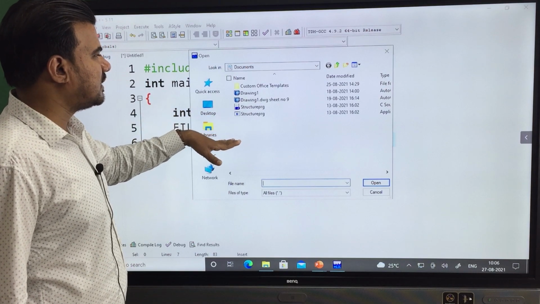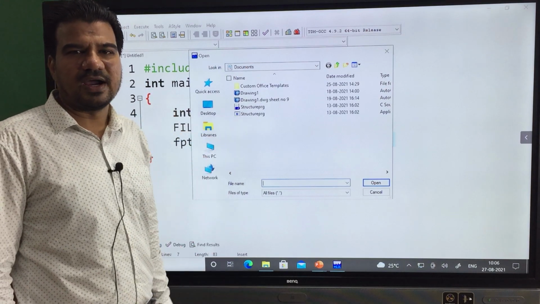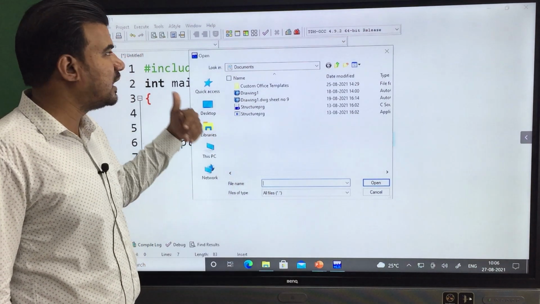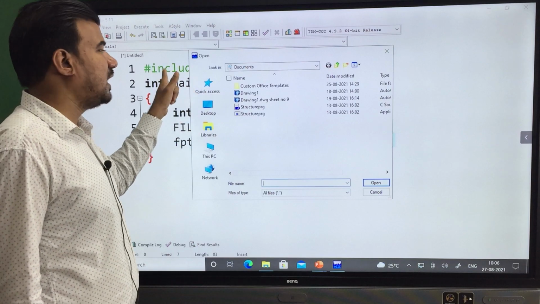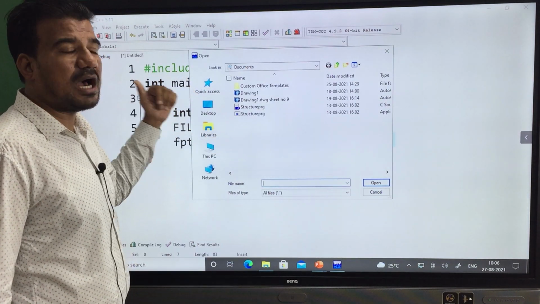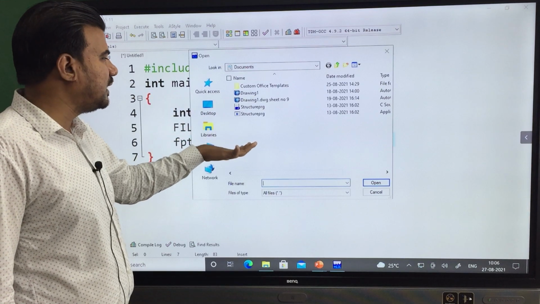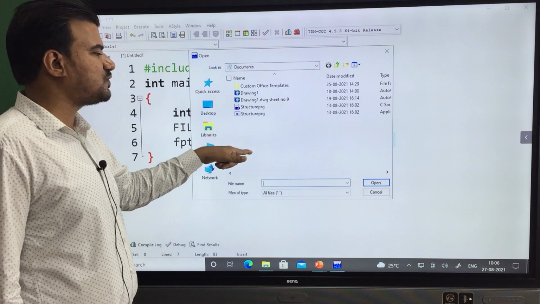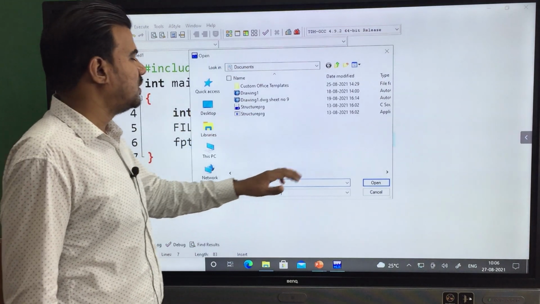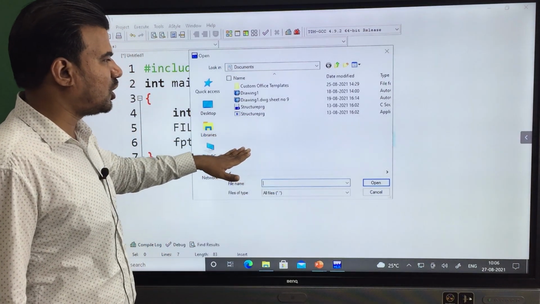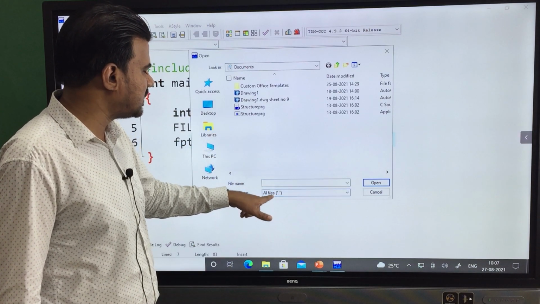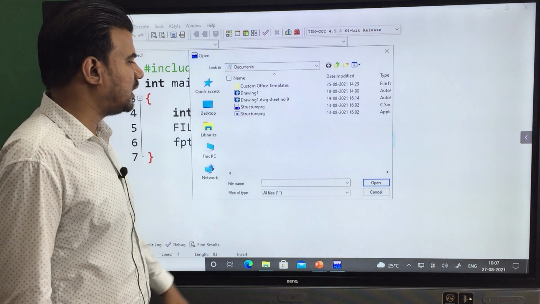Now I will create a sample.txt file, a text document. I will create the sample.txt file over here, not manually but with the help of the program. I will show you how that text file will be created over here, and how the text file will hold the data we are sending from the program. Here, as you can see, no sample.txt exists. Even when I check all files, it is not showing me sample.txt.